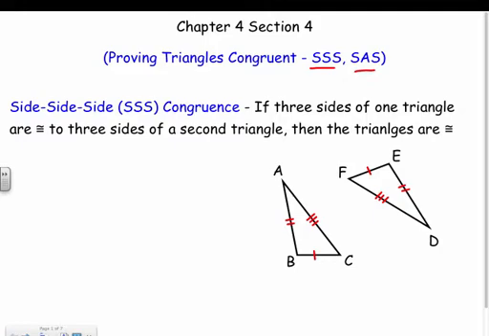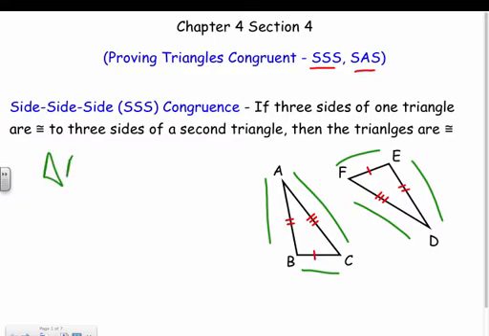The first one, SSS, stands for side, side, side congruence. That means if 3 sides of one triangle are congruent to 3 sides of a second triangle, then the triangles have to be congruent. So for example here, I have BC congruent to FE, and technically BC congruent to EF, right? So I've got to have the B and the E match up. And then I have AB congruent to DE and AC congruent to DF. So because all 3 sides are congruent to the other 3 sides, I could say that the triangles